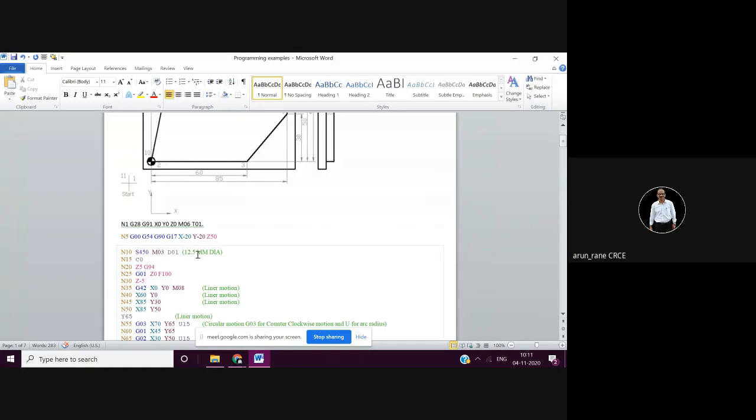Now we are positioning the cutter at minus 20 here. And what is the diameter? 12.5 millimeters. So there is sufficient space. It is not going to bang on the workpiece, because the center line is at 20 and this diameter is 12.5, so the radius is 6.25.